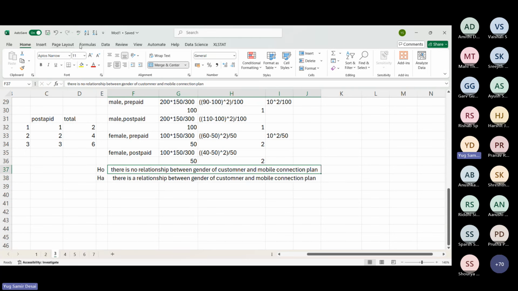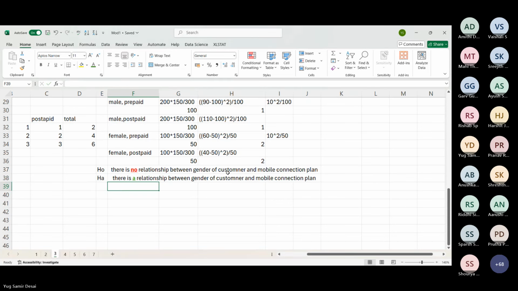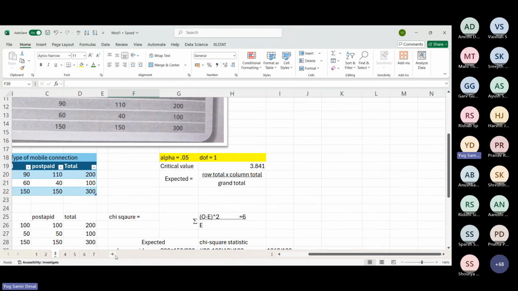Let me highlight it. In our null hypothesis, there is no relationship, but in our alternate hypothesis, there is a relationship between our parameters. Now, after we get the critical value,